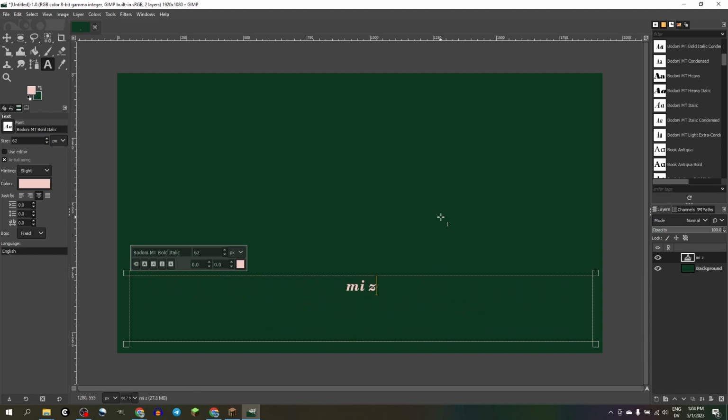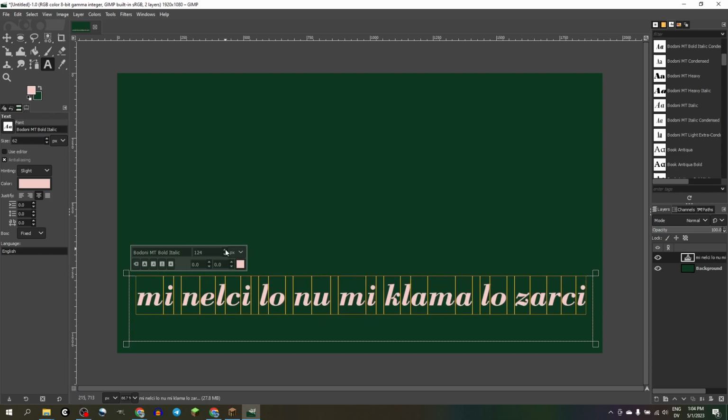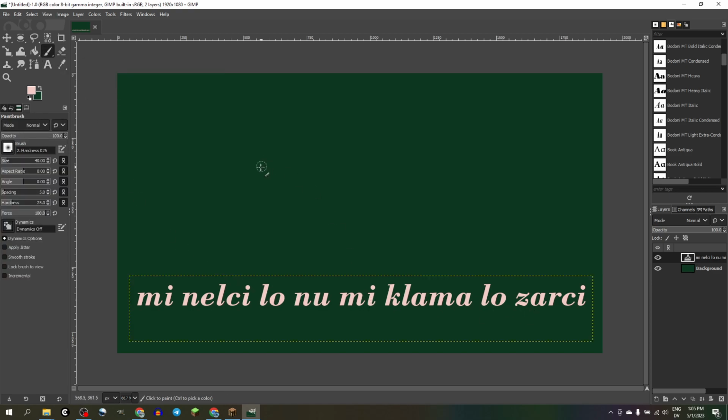Like mi klama lo zarshi. It's me going. But if you say mi nelshi lo nu mi klama lo zarshi, you don't have to go through each and be like, okay, lo makes this the direct object for the nelshi, and what does it make it out of? The first object in this inner sentence is me, and the second, you can't think it through that fast. And when you're processing it at speed, you can't be like, okay,